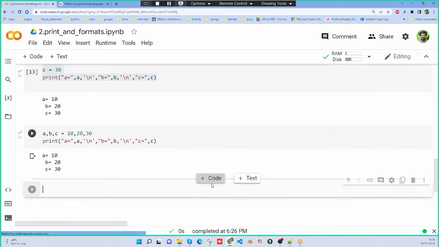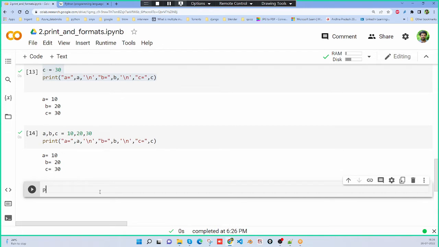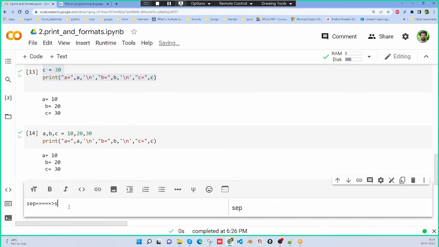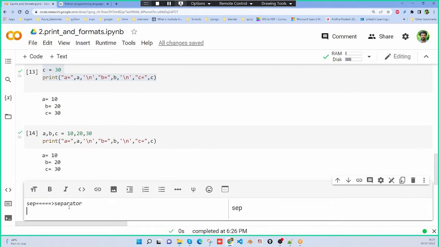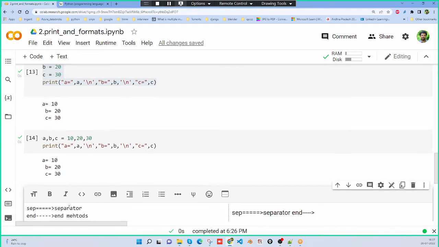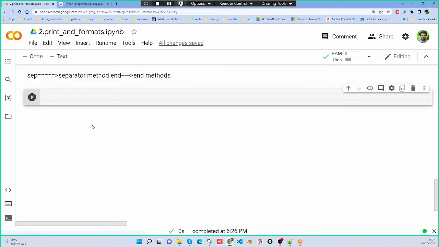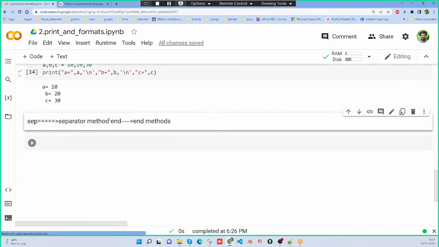Next one, print inside. Okay, print inside one method is there. Print inside, mainly 2 methods are there. Okay, first one is sep, separator, and the next one is end. These two are methods. And separator is also like sep is a method. Now if I want to use these methods,